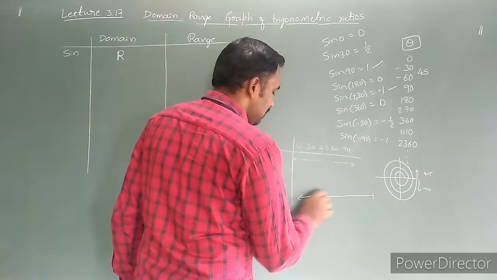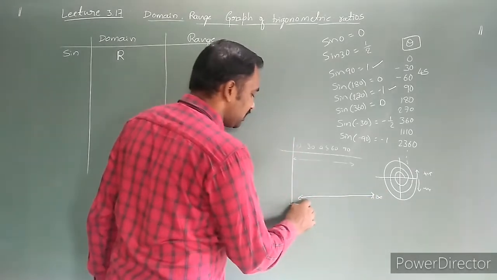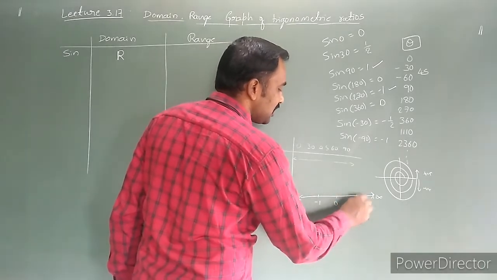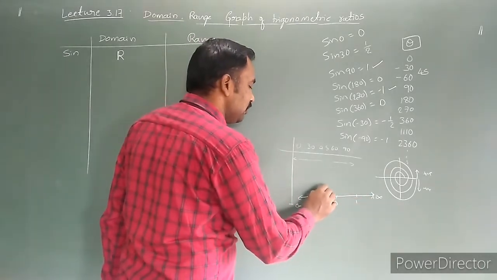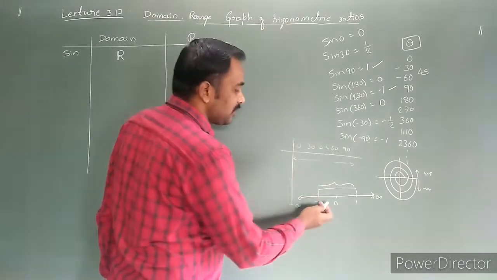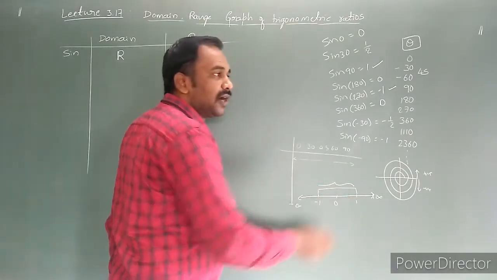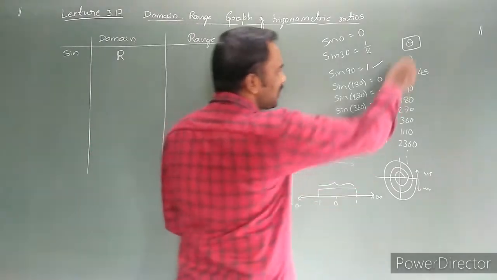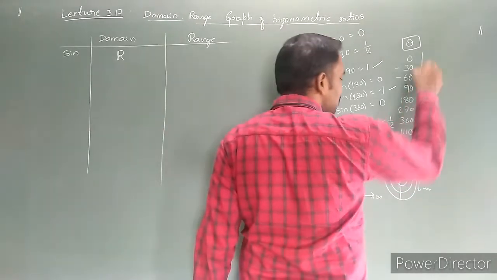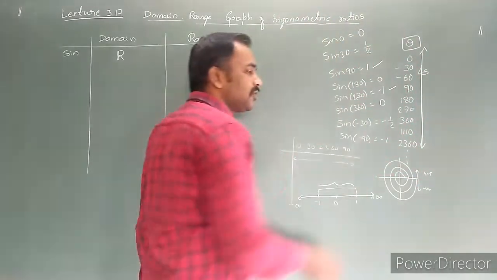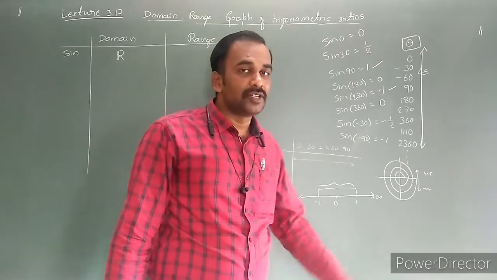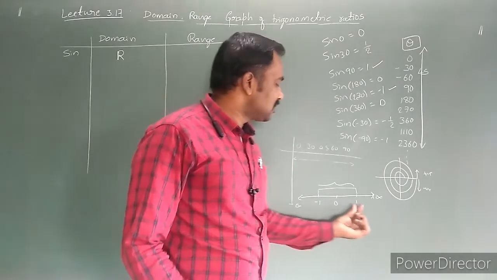On the real number line, there is positive infinity and negative infinity. Here it is 0, here it is -1, and here it is +1. The sine value always lies in between -1 to +1. Whatever real number is taken, whether it is a positive value or a negative value, it always gives a value from -1 to +1, including the -1 and